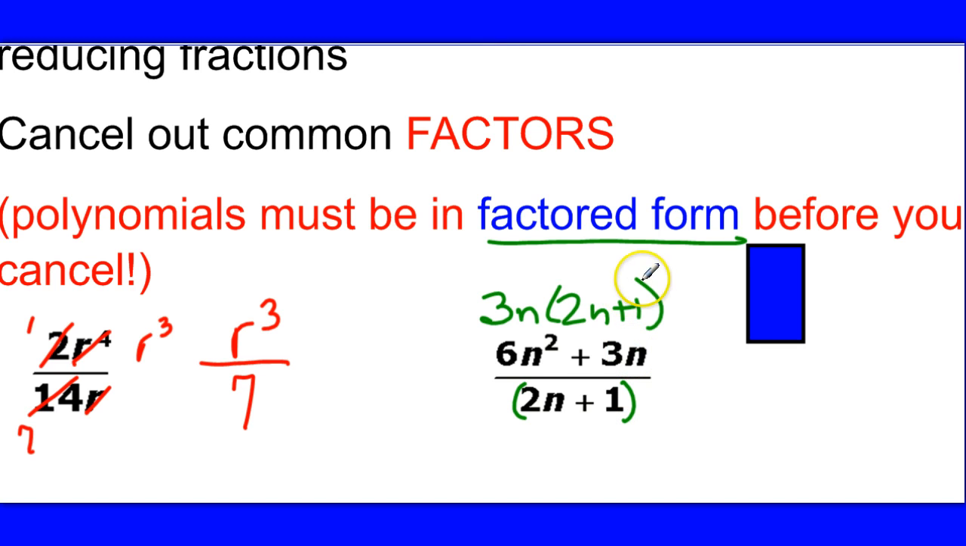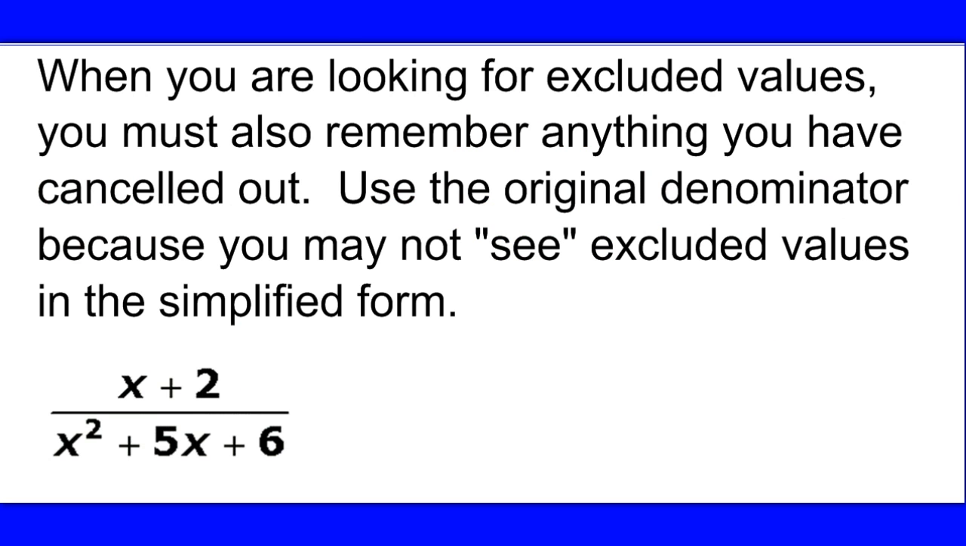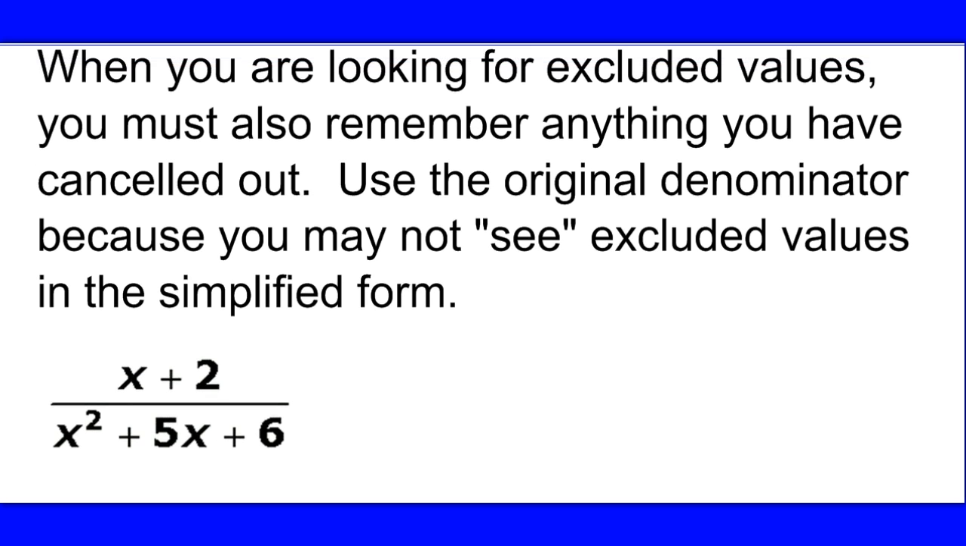What would be my common factors? 2n plus 1 and a 2n plus 1. And what am I left with? A 3n. Okay, and again, it has to be factored. If you have something that cannot be factored, just go ahead and put it in parentheses and consider that the factor. When you're looking for your excluded values, you have to make sure that you include anything that has